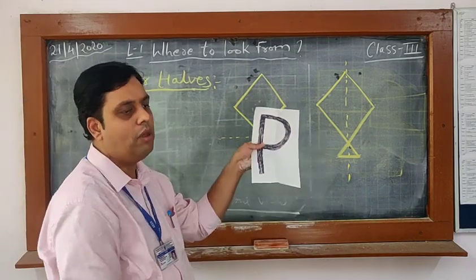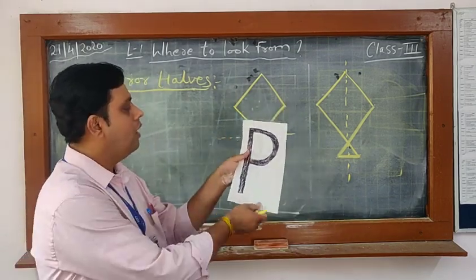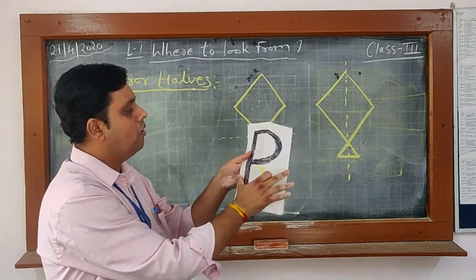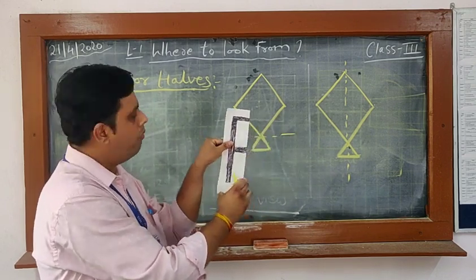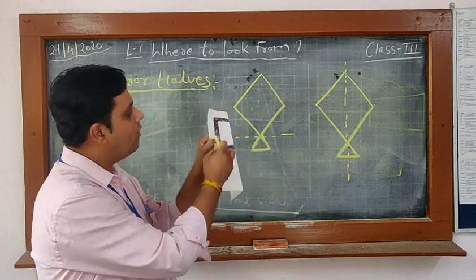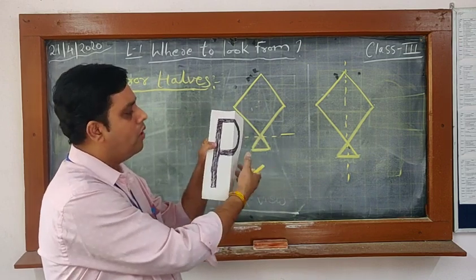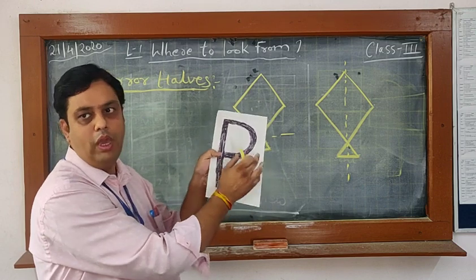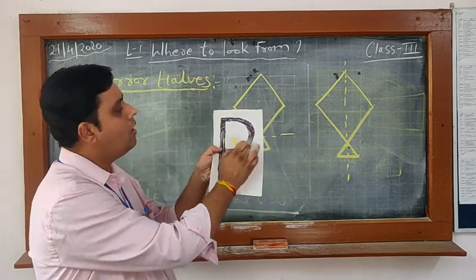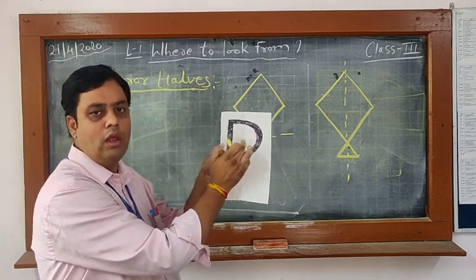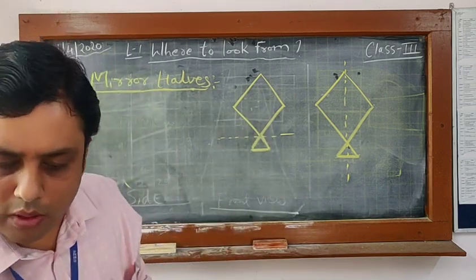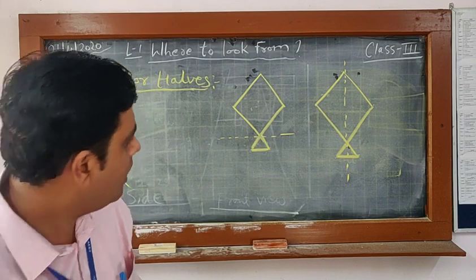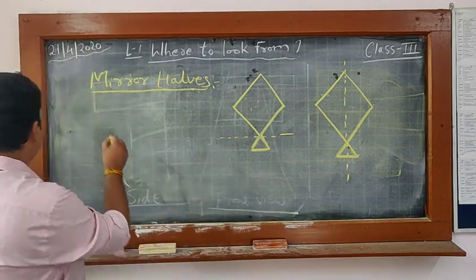Okay, one more alphabet is there. See, it is P. If we draw this, this part is like that. So we can find out what the other part will be. If we draw the other part, it will not be the P, because it is not mirror half. So both are not the same. Okay, so all the alphabets are different. This exercise we can do with all the alphabets, and some other pictures also we are drawing.